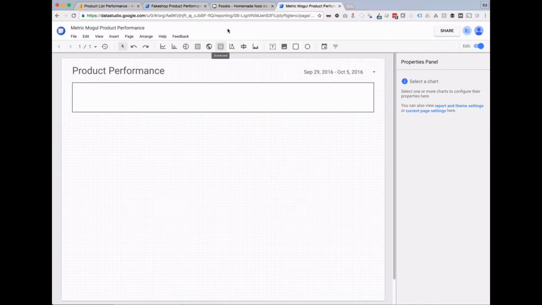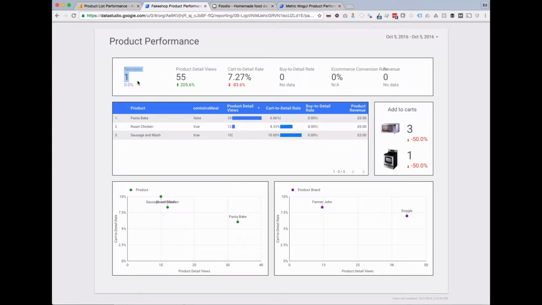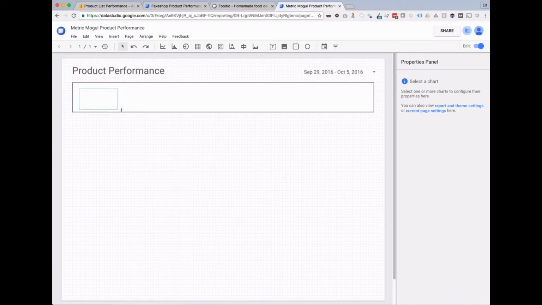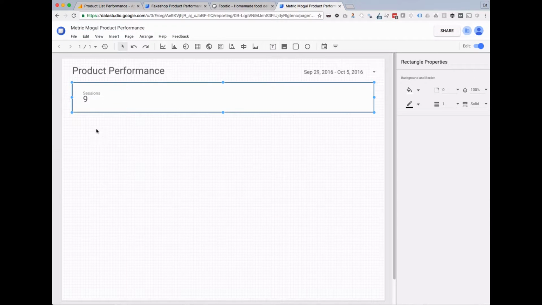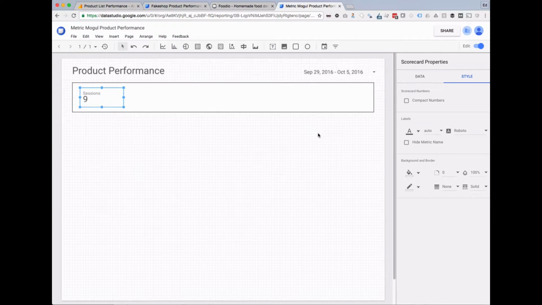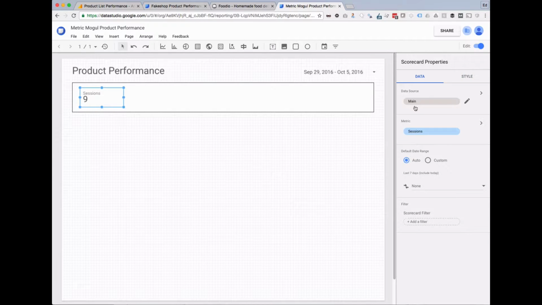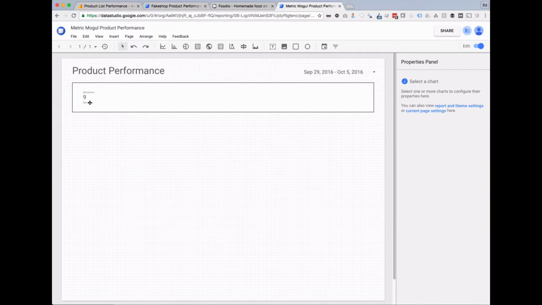All right. Next, we want scorecards. Scorecards are these blocks here. So hit the scorecard, drag one out, and there we go. We've got sessions. When you go to data, you want to select, you come down here into the default date range. Leave it on auto because that means it'll use whatever date range is selected in your date range chooser. But if you want some comparisons, then you're going to want to select previous period or previous year. That'll give you the